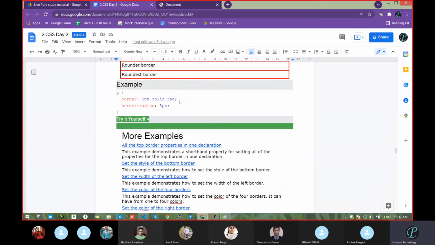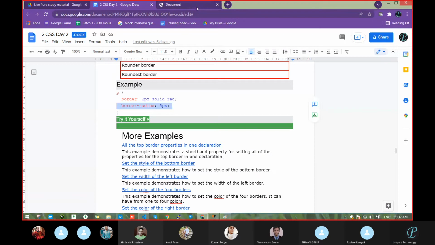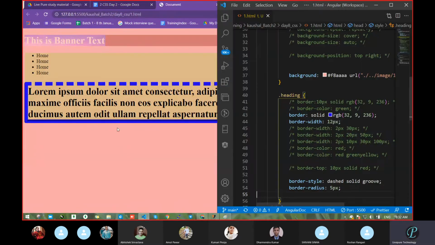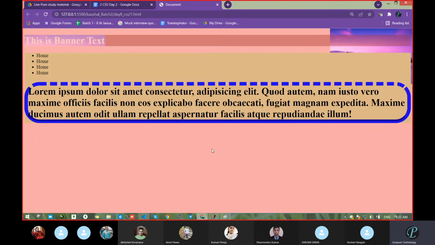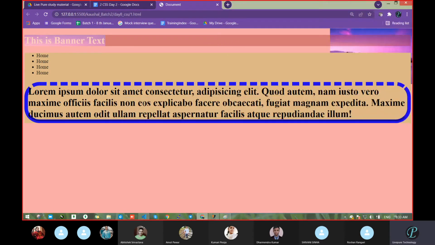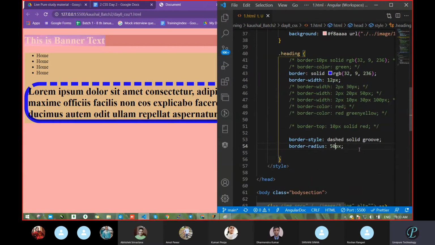So one more property, border radius. Okay, just go with this. What is it actually going to do? Pass this and let's see what you observed. Did you observe something? See the corner. Each corner becomes circular. So with the help of this, you can make a circle, ellipse, that type of design. And it will depend on what? It will depend on your text, how much text you are passing. So see what I will do. I will pass this border property a bit.